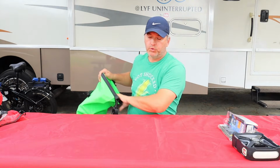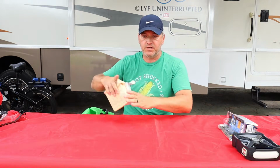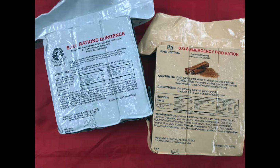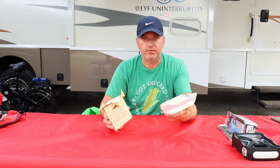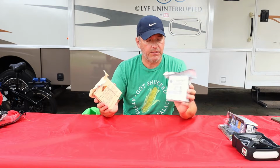All right. So third, food. You want some sort of stable food source. For our emergency food source, I chose these emergency food ration bars. Pretty high in calories, mainly carbohydrates, sugars, those kinds of things that will give you energy in a survival scenario. Again, just for 72 hours. Not a 5-star cuisine by any means, but